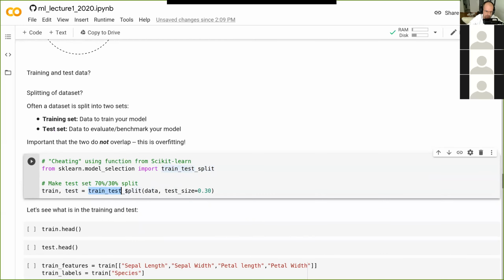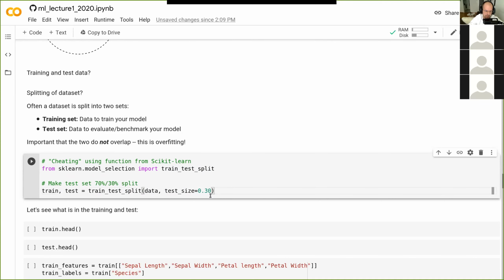And then you say train test split, and here is my pandas data frame. And then you say here in percent or as a decimal, really, what should my test size be? And then it splits back to also pandas data frames, just with the 70 and 30% split in this case. So let's try and run this cell here.